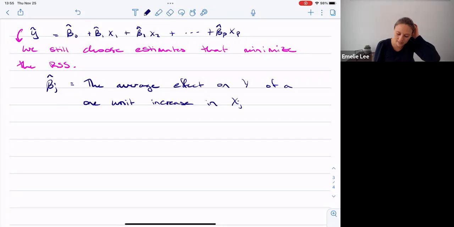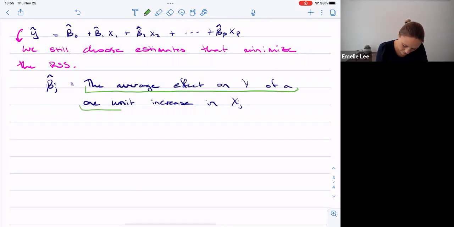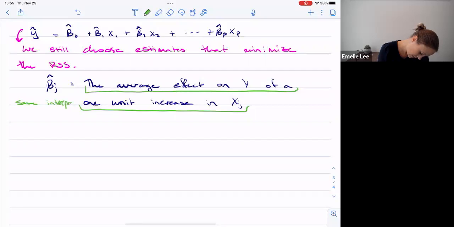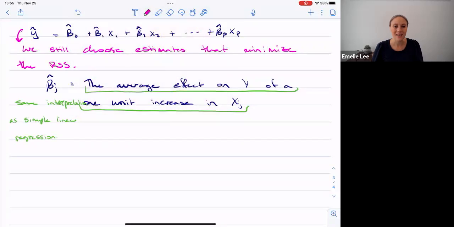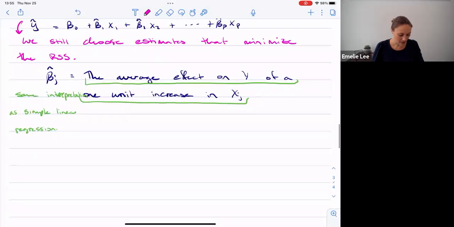This part is the same interpretation as simple linear regression. But the new part is assuming that everything else is held constant. So holding all other predictors